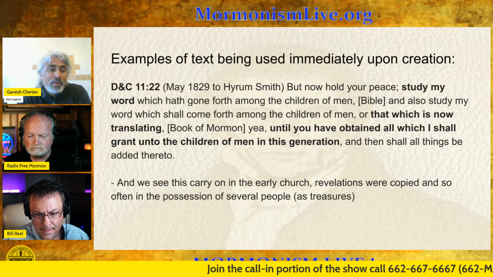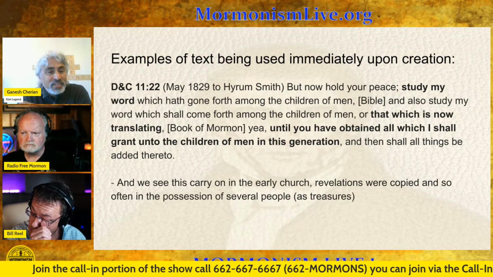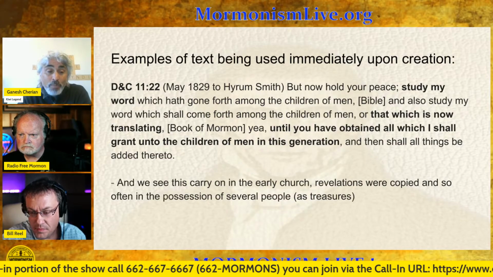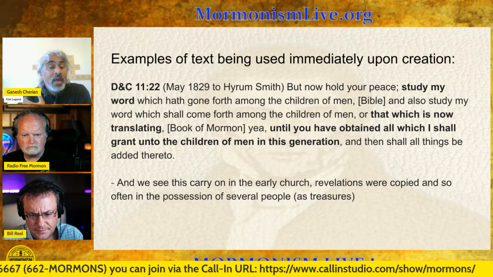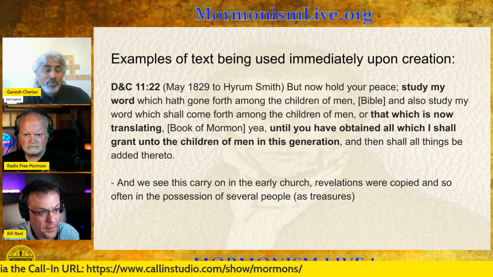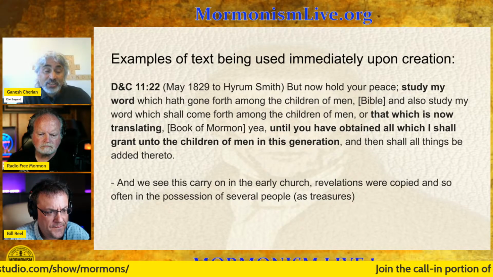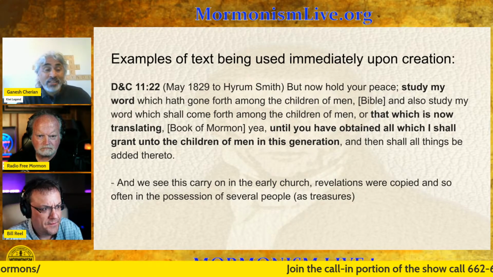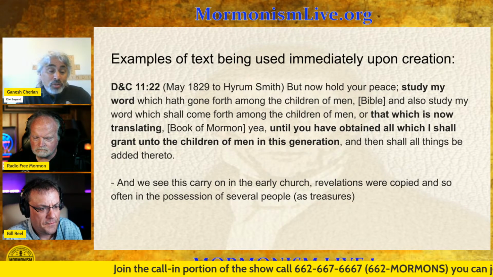And then the other, this goes on, right? Because in the early church, Joseph is getting revelations. Those revelations are being copied. So there's multiple copies of them, and people are taking them and utilizing them, because they're traveling and they're preaching and they're going to different congregations. There are multiple copies of these revelations in different handwritings and different journals, as they're going, because Joseph is used